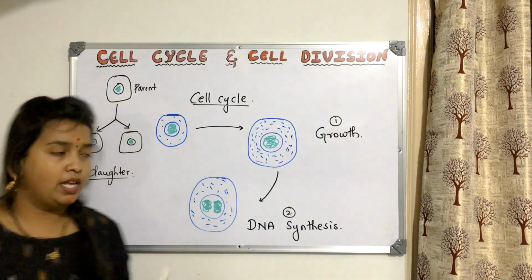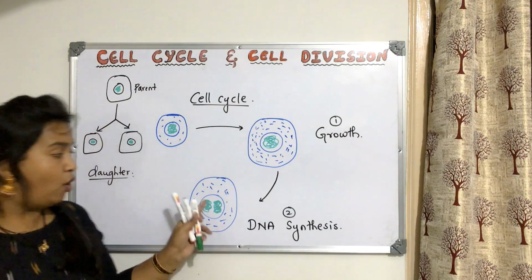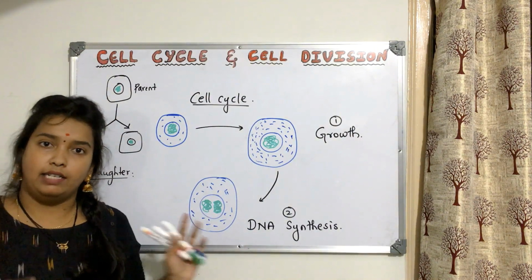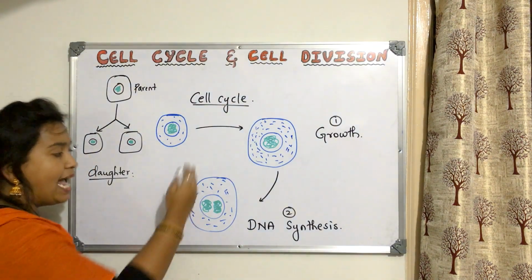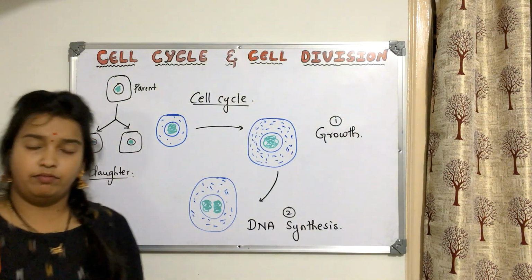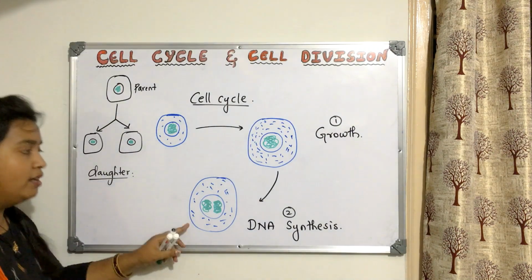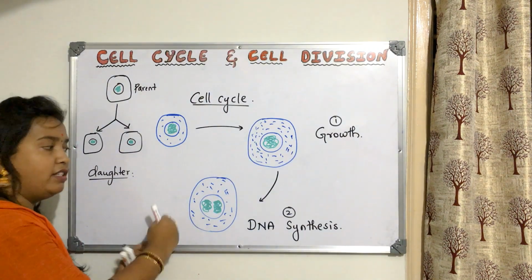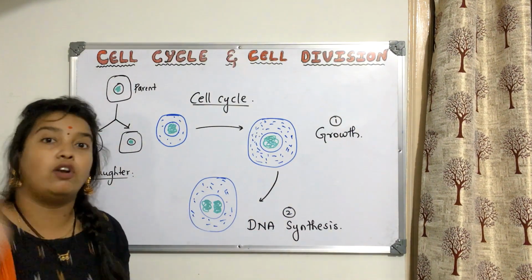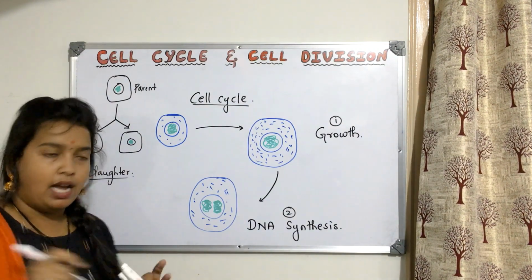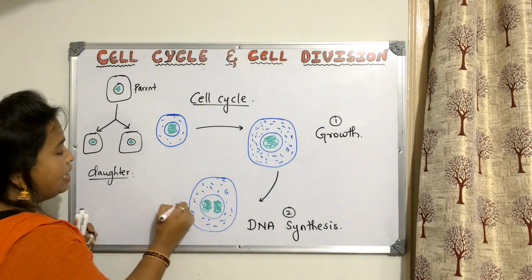Now the cell has doubled its organelles, increased its cytoplasmic content, and doubled the DNA content. Now easily it can divide, no? For division, when this cell has to divide into two different cells, there are some other things which are required, such as proteins. All of that will be done after this. Again we can call it cell growth. Suddenly after DNA synthesis, the cell will not divide. Again it will take some time. Again some amount of growth will happen. Then this cell actually divides.